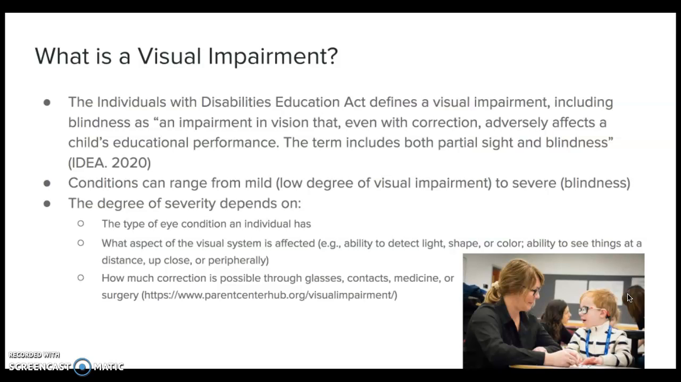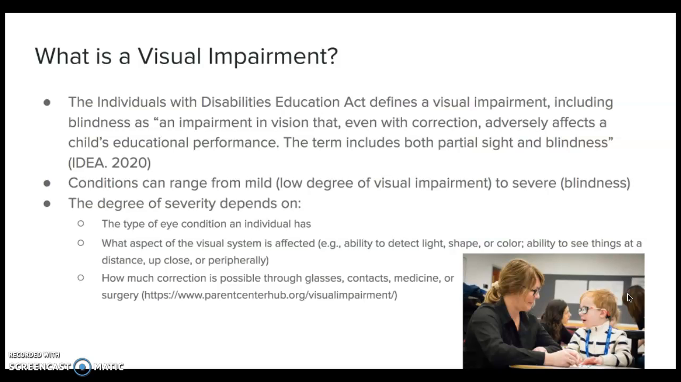So really it depends on the condition that one has, and the conditions can range from mild, from a low degree of a visual impairment, to severe blindness. And that degree of severity actually depends on a couple things. So I got this off of a pretty cool website. It had a whole bunch of information about visual impairments and what they are and the science to them and why they happen. But basically, the degree of severity depends on A, the type of eye condition an individual has,